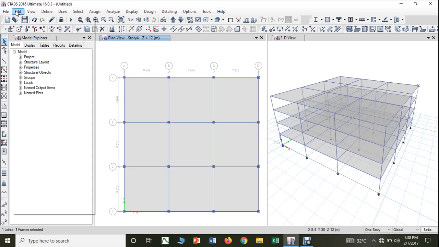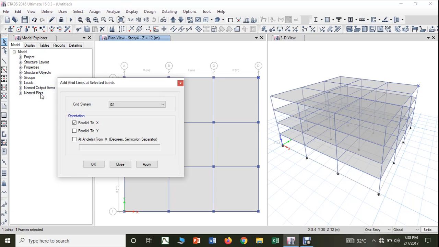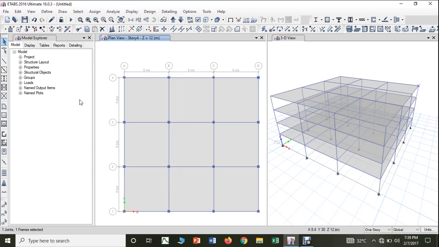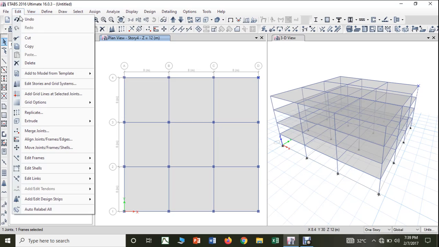Now go to edit, add grid lines at the selected point parallel to X, apply. One joint, one frame selected, right? Yes, G1. Now similarly you can give edit, then add